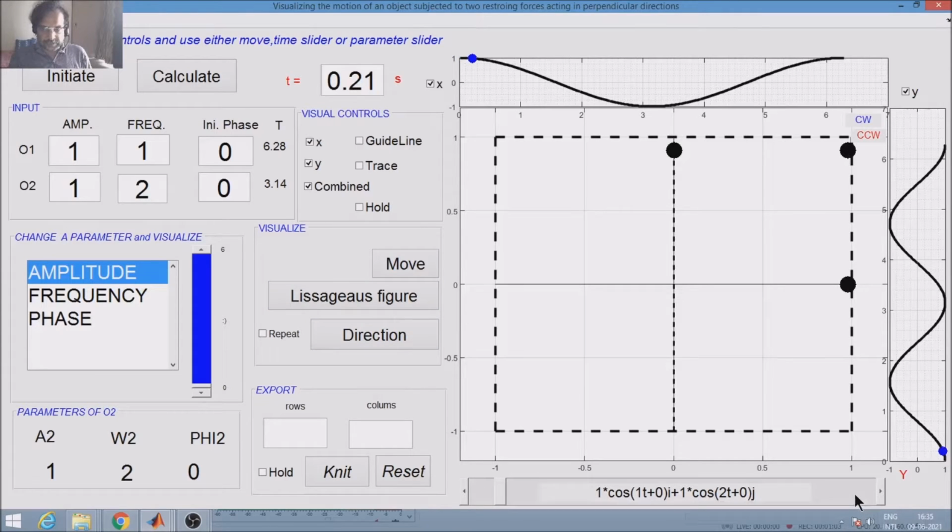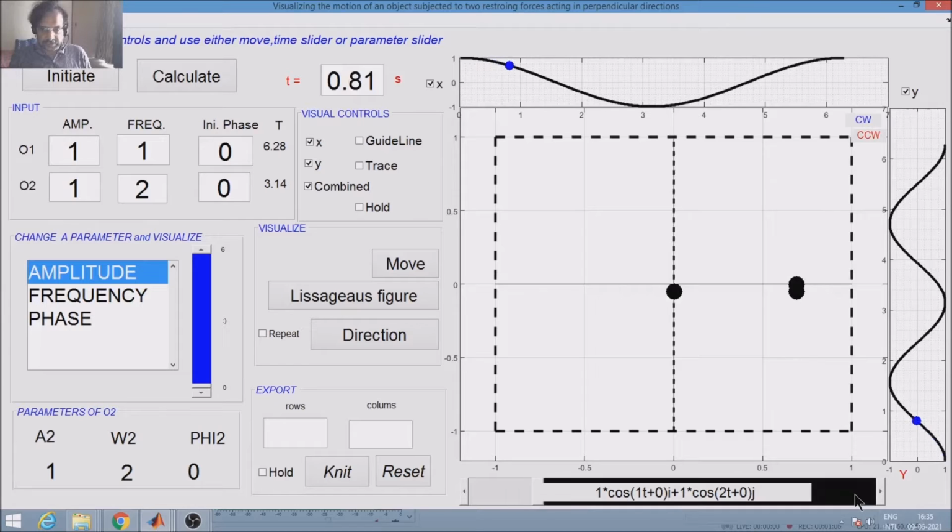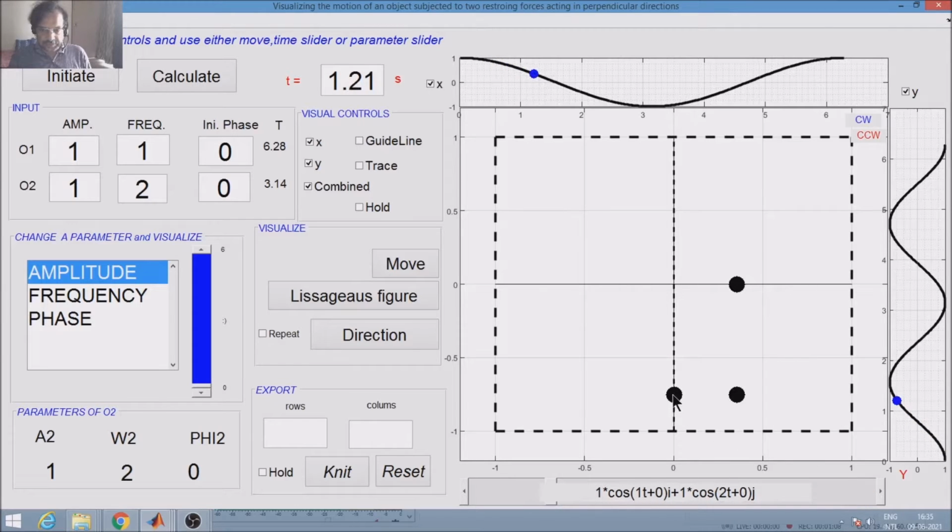So as time passes, you can see by the time y is reaching its negative extreme, x would be reaching its mean position. This dashed line over here indicates that this is the point where y equal to -1 becomes a tangent to the combined path. So now here it becomes tangent, and as time passes,